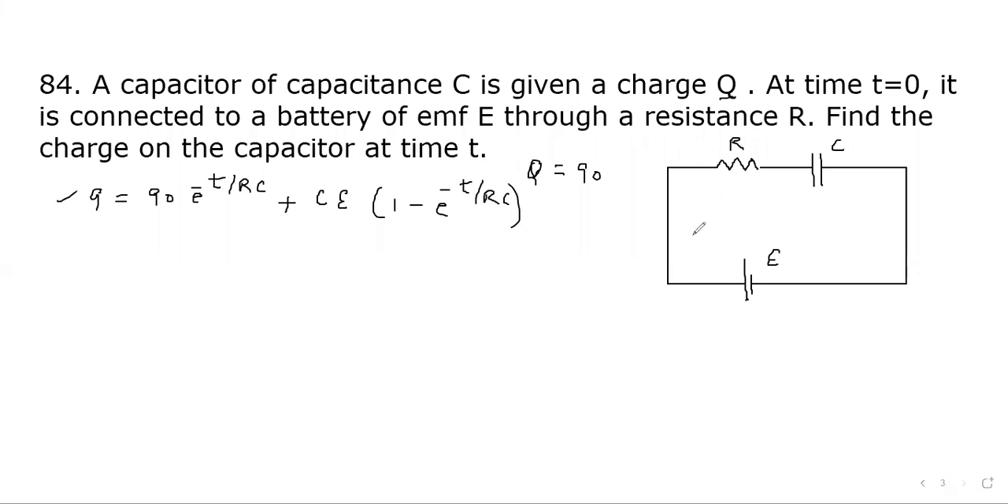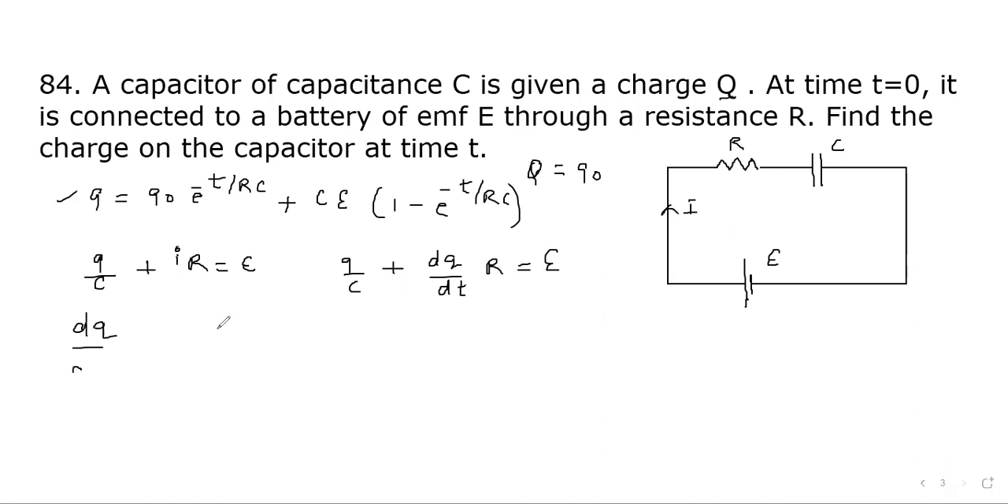Here the EMF of the battery will be equal to, suppose current I flows through this wire, then IR plus the potential difference across the capacitance. So we write the equation as q upon C plus I times R equal to EMF, or q upon C plus, in place of I, we can write dq upon dt times R equal to E. We can set this q upon C to the RHS. So dq upon dt will be E minus q upon C divided by R, or